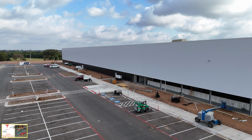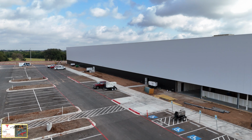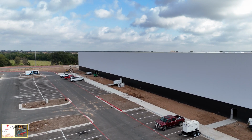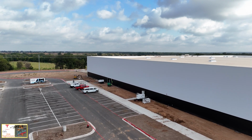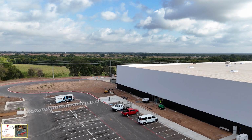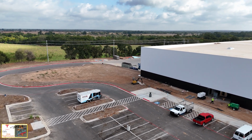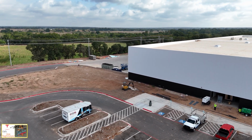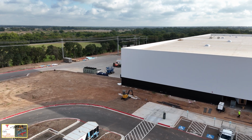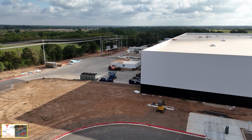So we'll continue along the parking lot, and you can see there's other activity going on here. There are some workers, even though it is a Sunday. It looks like maybe some portable generators, those white items on the trailers around this side as well. And then here you can also see some more work on this open section of the building. And again, it's really good to see that the work is going on inside now, as most of the